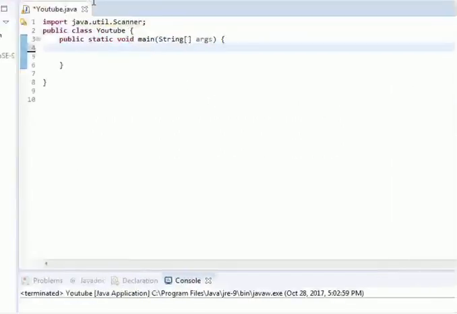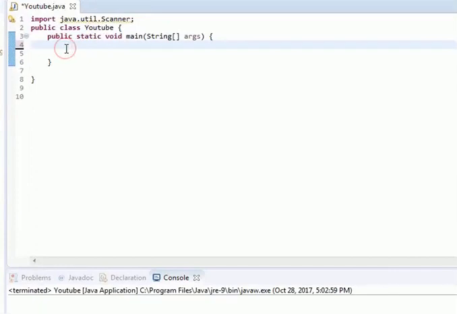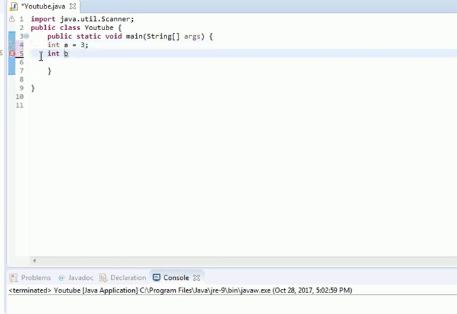So welcome to Eclipse, and let's write a simple example with the and statement. So let's say int a equals 3, and then int b equals 4. Then the if statement, this is how to use an if statement. If a